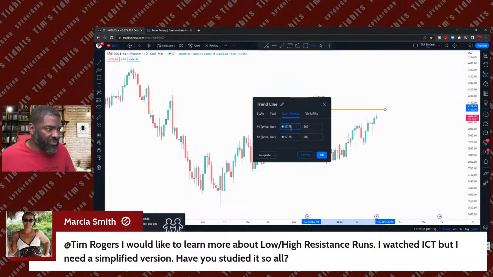Y'all, it ain't got to be perfect, but y'all know my ADD and my OCD will not let me put that line up there when it's not in the right spot. Jesus Christ, come on. All right, so